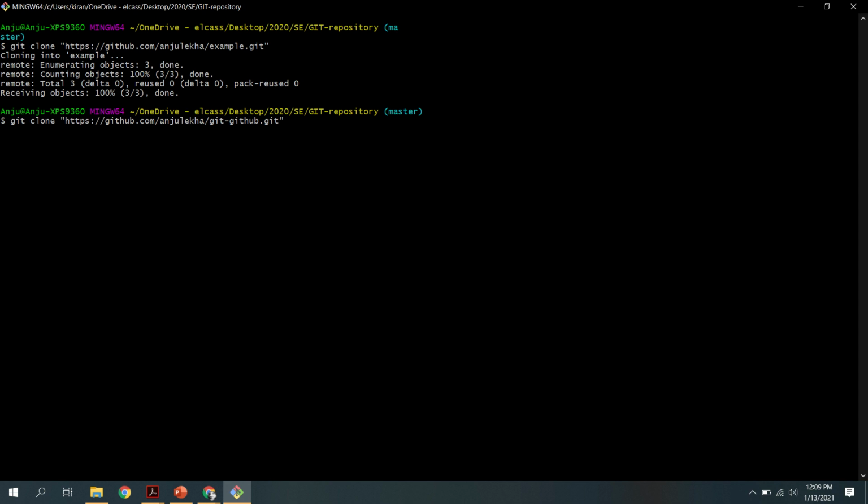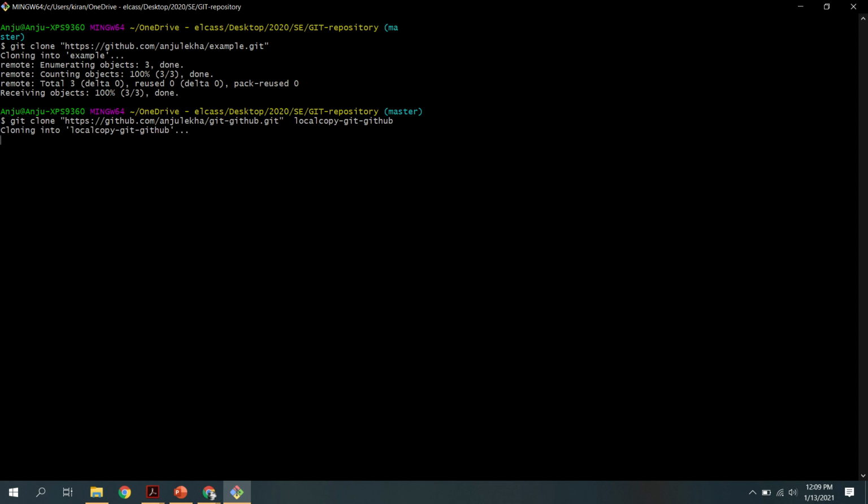And suppose I want to change the name. The name of the repository in my central repository was GitHub, and I am going to change the name to local copy GitHub, in order to differentiate.